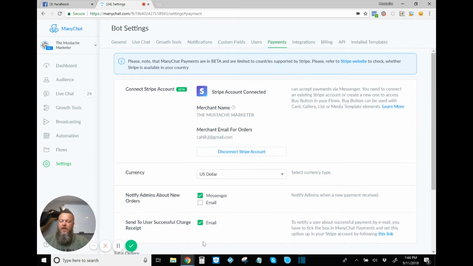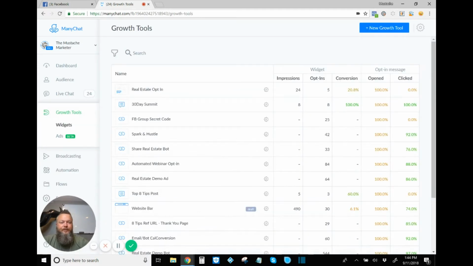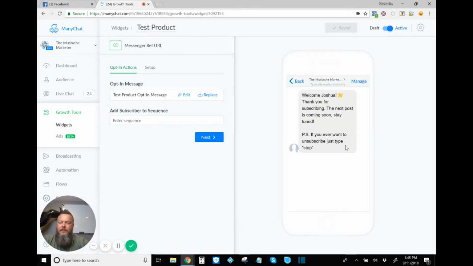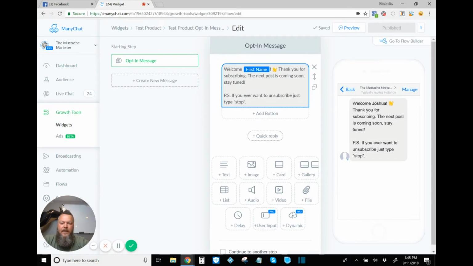Now we can go in and actually set up a payment. Let's go under growth tools. We'll go new growth tool, and this is a test product. Let's just pretend we're going to do a Messenger ref URL. Now we'll be able to go in here and just pretend that we are selling a specific product, and we'll walk through the entire step. So we're going to edit this here so that we can edit our